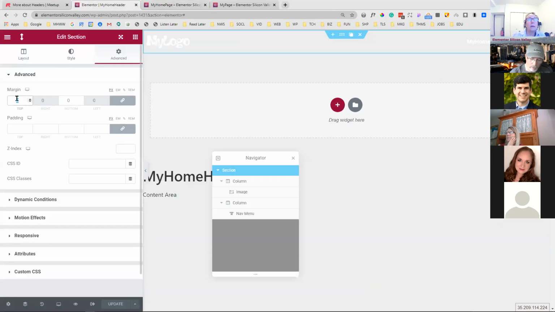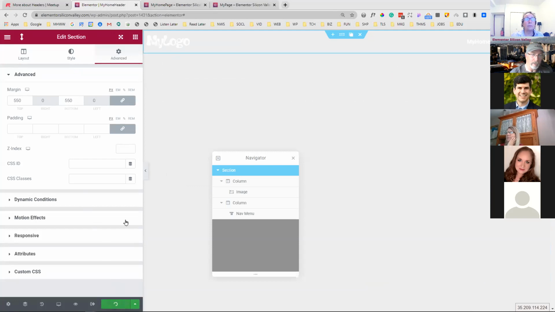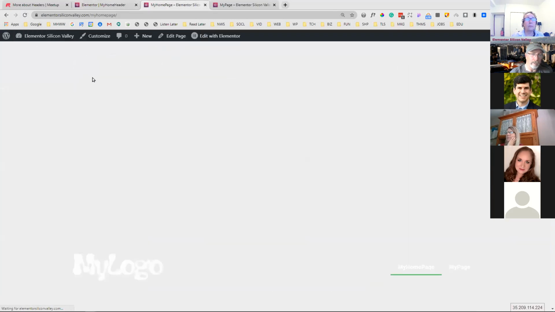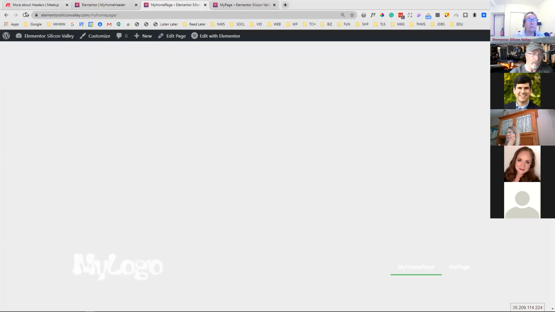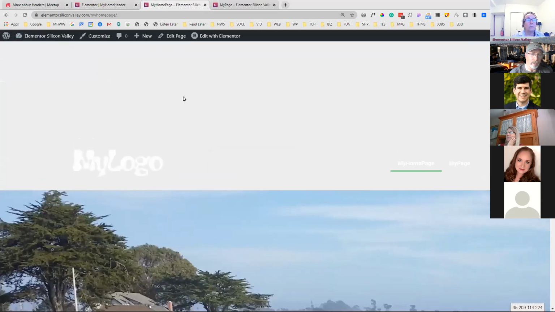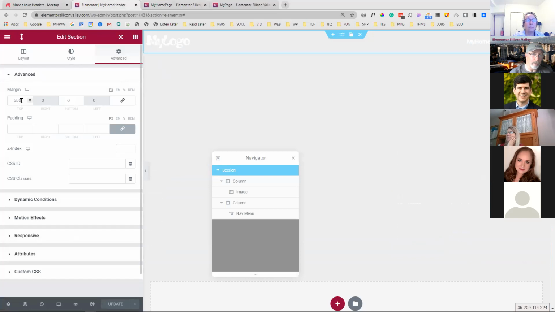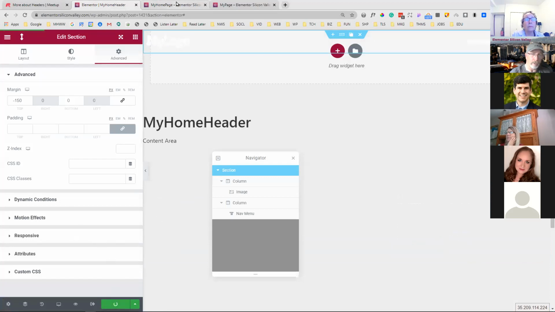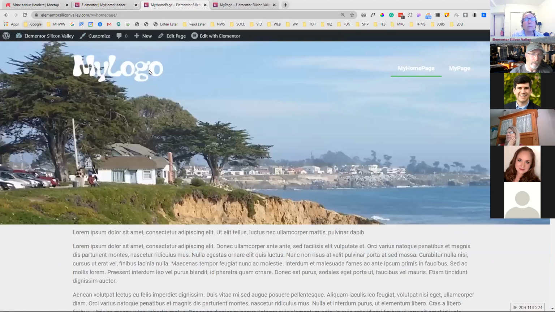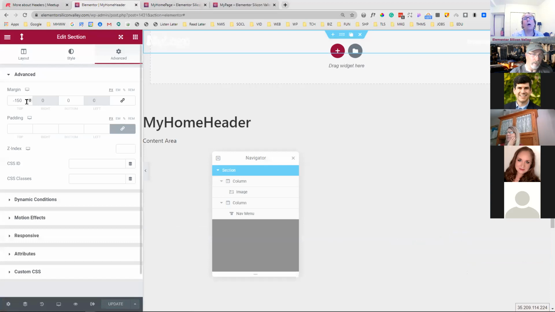If I were to change the margin to 500 and do like this, let's see, I think I got the wrong number there. Sorry, I changed the bottom margin as well. Try that again. Now it's pushed down even farther. So we want to go the opposite direction. So that's why we did the 150, which is the height of the header itself. By making it negative, it gets rid of that extra space and brings the hero image up. So it eliminates it. If I were to do, say, 120, 125,